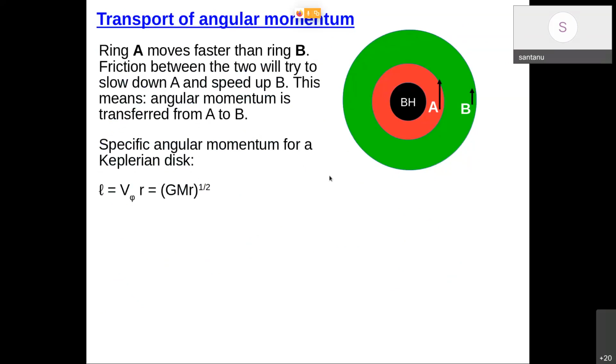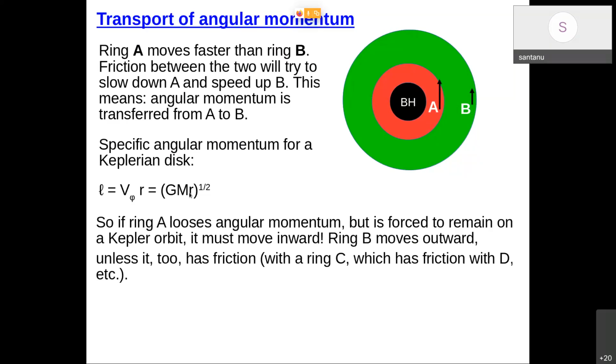At the beginning, we saw that when matter is accreting and spiraling around a black hole, it transports angular momentum due to the presence of viscosity. How? Consider a layer of fluid A and B around a black hole. Ring A is inside, close to the black hole, so it moves faster, and B is relatively slower. Friction between them tries to slow down A and speed up B. This means angular momentum is transferred from A to B, and this is the expression with which we can